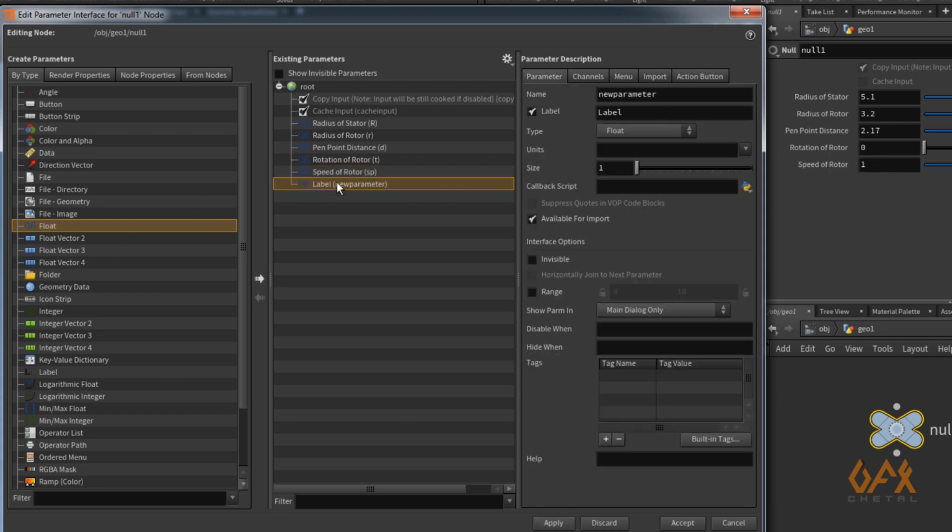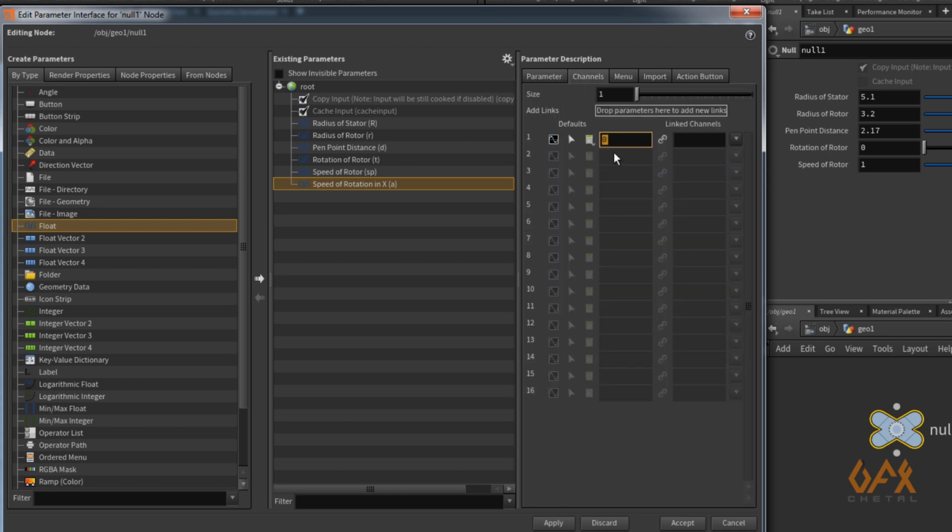Again I add one more parameter, and that is A, the speed of rotation in X. Set the range 0 to maybe 4, go to channel, and set it to 1 maybe.